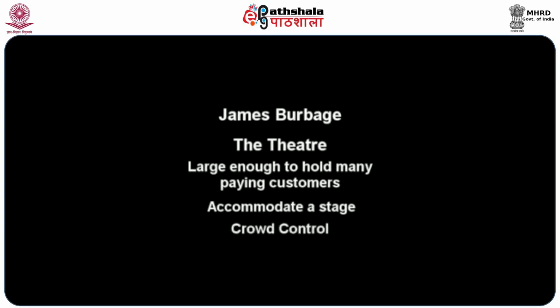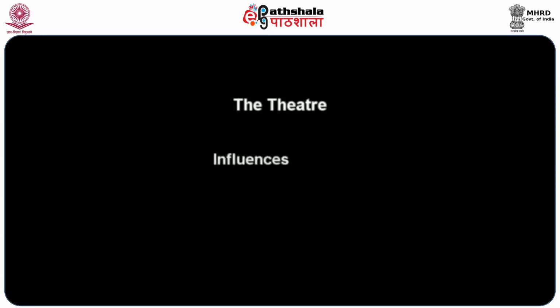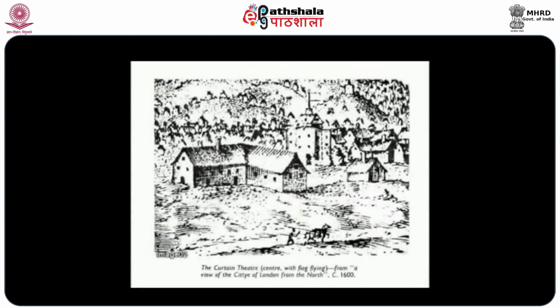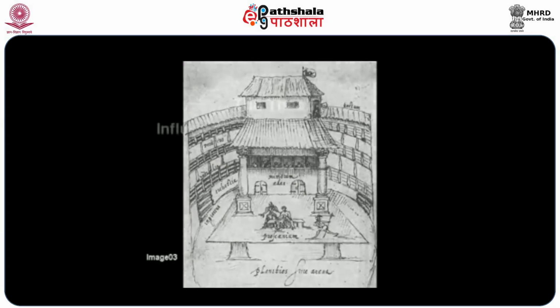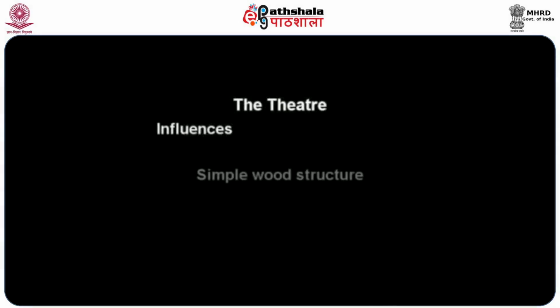Burbage had to create a building that could control the patrons as they entered to see the play. His theatre was a business, and he was trying to come up with a simple structure that would make money. Since there was no existing theatre to use as a model, Burbage put together a theatre structure based on several other buildings and architectural arrangements that accommodated similar entertainments. Burbage's theater plan was soon adopted by many other theater companies and stood as the basis for theater throughout the Elizabethan period. From surviving records, we know that the theater was a simple wood structure that was polygonal in shape.